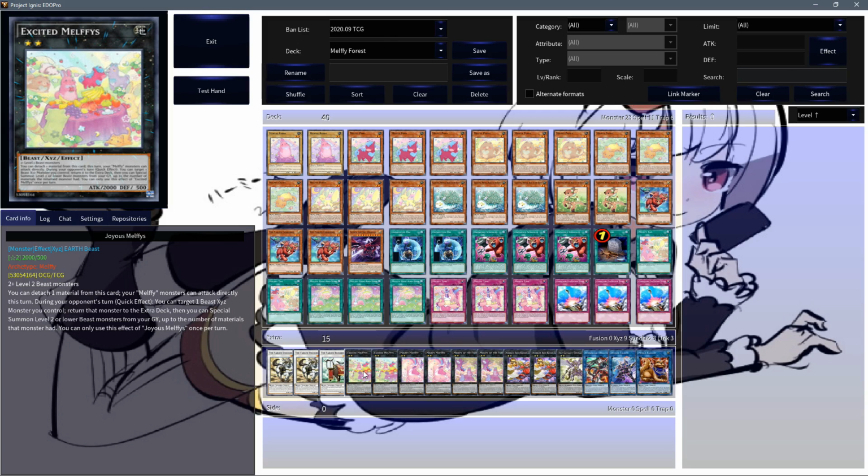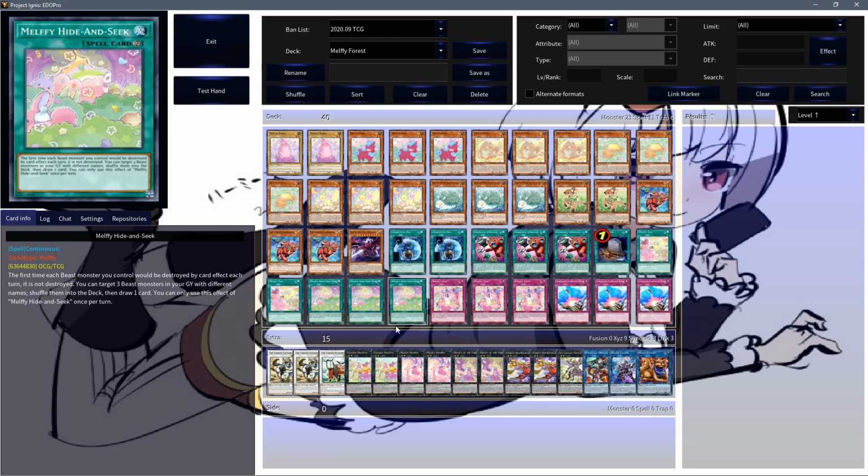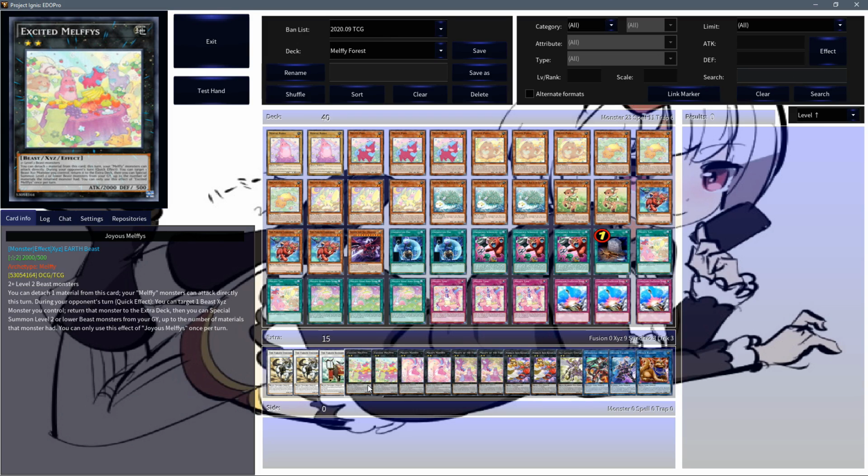Also during your opponent's turn, which is the very fun part about this card, quick effect, you can target a beast XYZ monster you control, return that monster to the extra deck, and then you can special summon level 2 or lower beasts from your grave up to the number of materials that monster had. This gets especially fun if you get 2 Kalentosas in your grave, because this essentially turns Excited Melffys into an Icarus attack